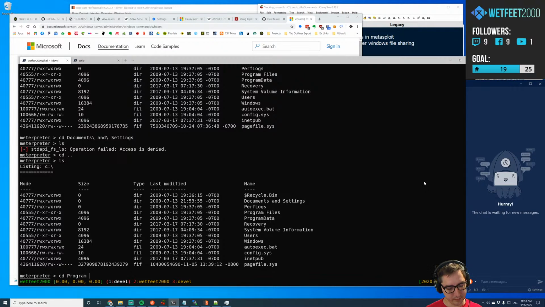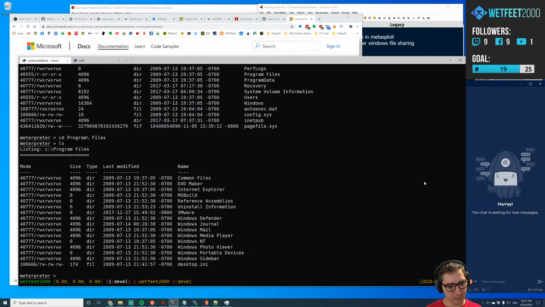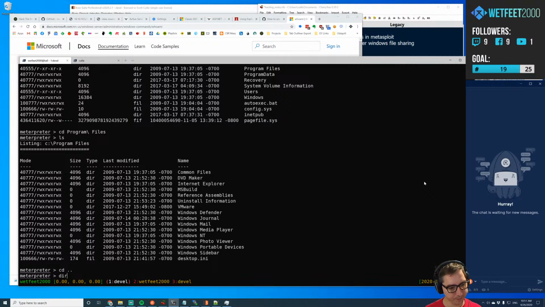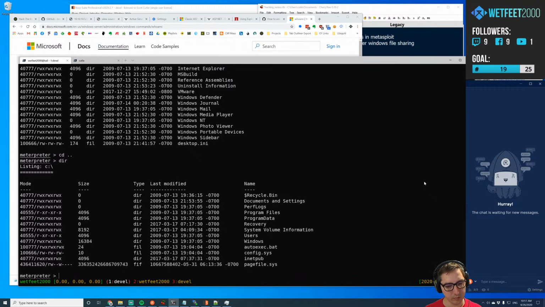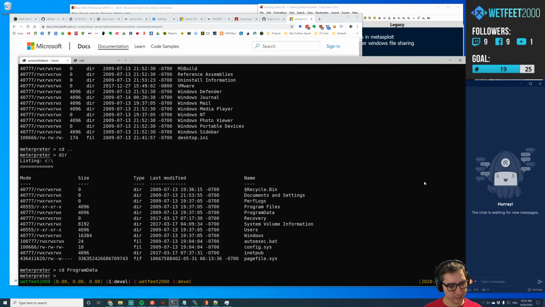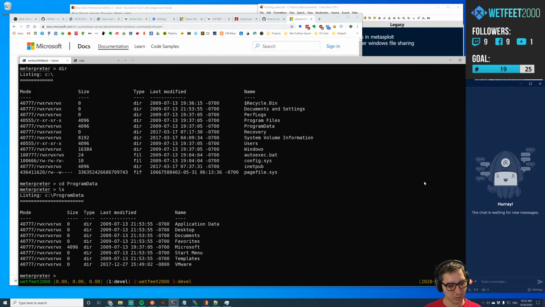Let's look at program files. It doesn't like spaces. Also not very helpful. I don't see anything that's jumping out to me that would scream ability to privilege escalate. So it looks like this is probably just a straight stock machine. So in that case, we do maybe need to start